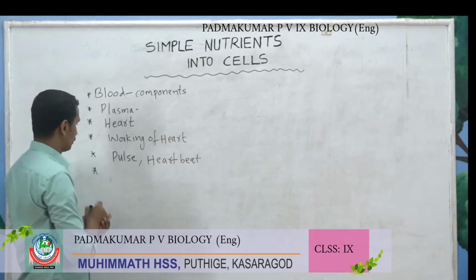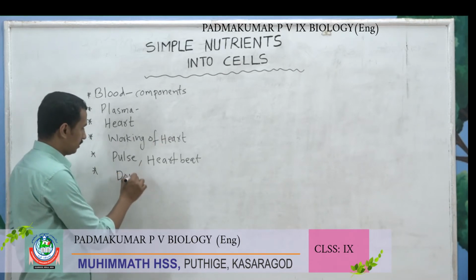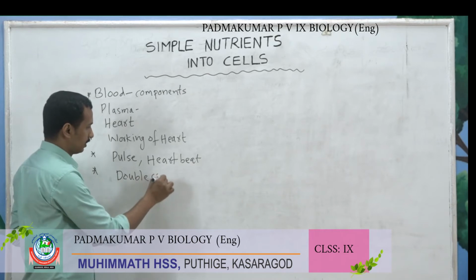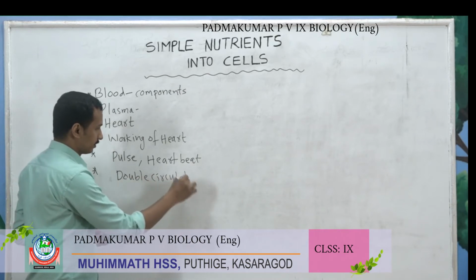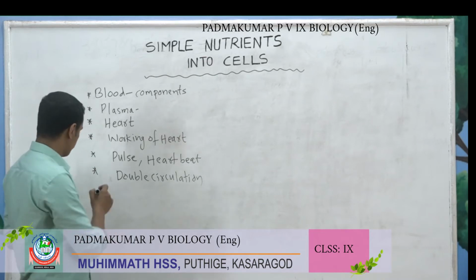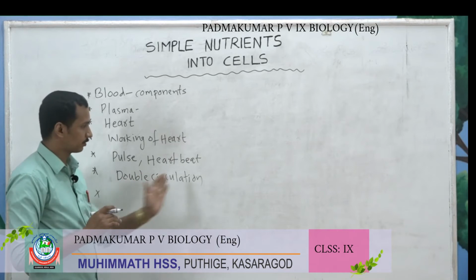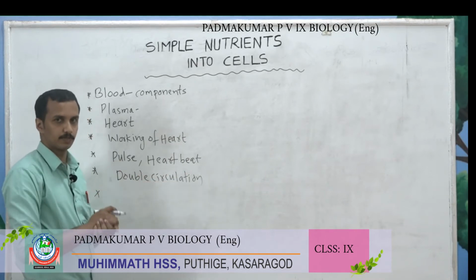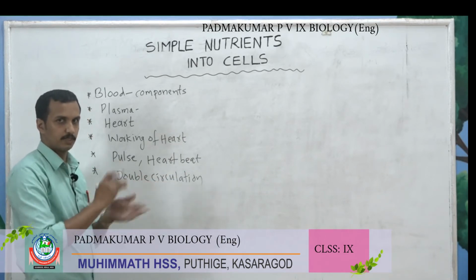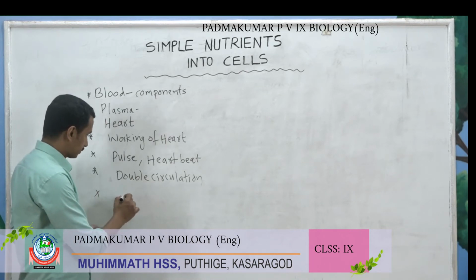Then in addition to this you have to study about what is double circulation. Double circulation is included in your syllabus. Double circulation means different types of circulation that you have to study. What are the different types of circulation, how it differs. Then you have to study about different types of